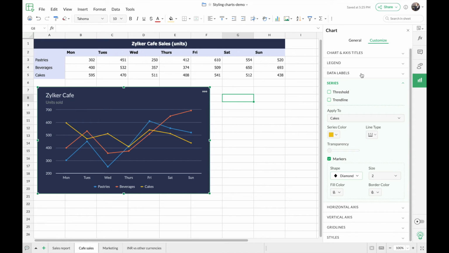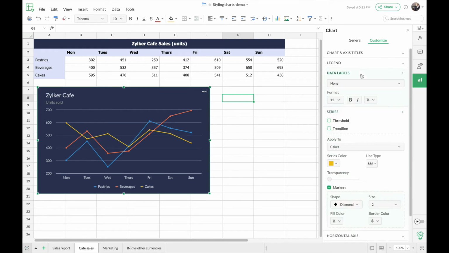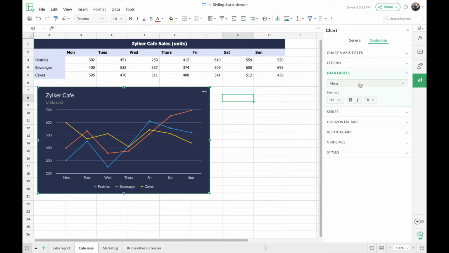So now, similar to the bar chart that we saw, I'm going to make some small changes so that we can remove the unwanted elements from the chart here. I'm going to add data labels first. So here for the multi-series line graph, I'm going to add the series as the data label here. So I'm going to choose show series here. Once I do that, you can see that the name of each series is shown just beside the respective line series here.